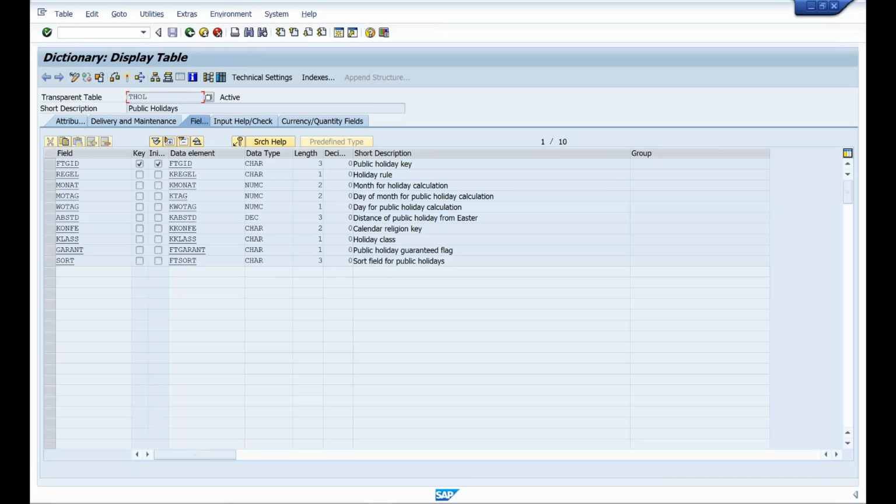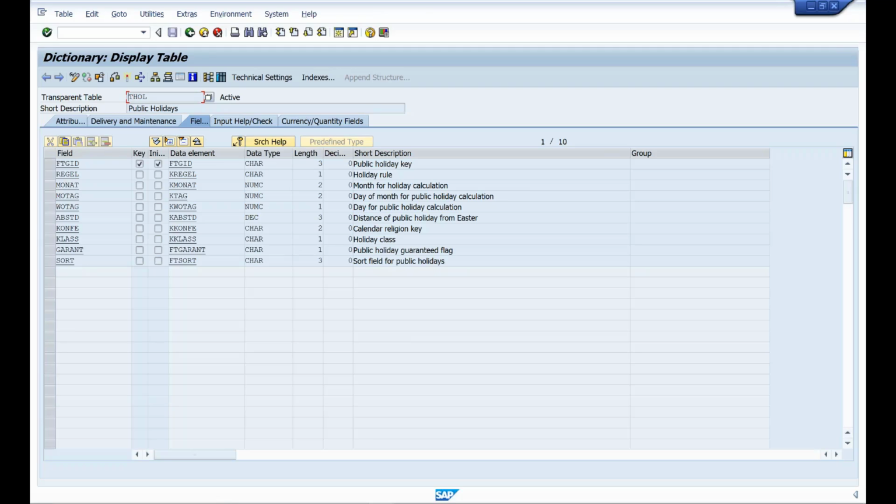So if I double click, it has navigated to this ABAP dictionary tool and opened the table. And if you notice in this table, there is no MANDT field, right? That means whenever you update some data in this table, it is not restricted by a client. It is by default available in all the clients, because we are not restricting the data using that MANDT client